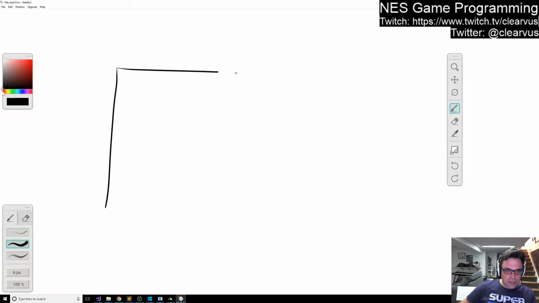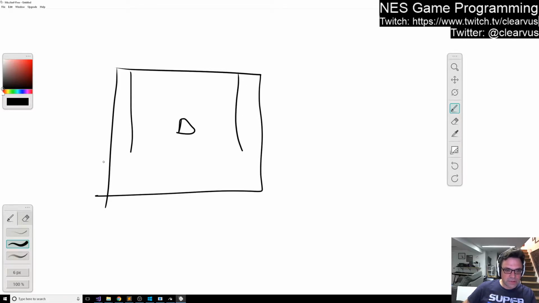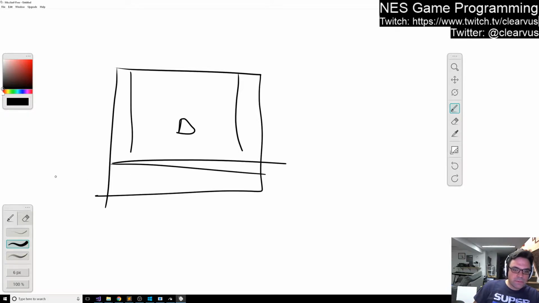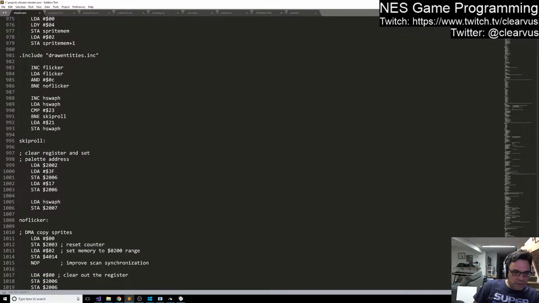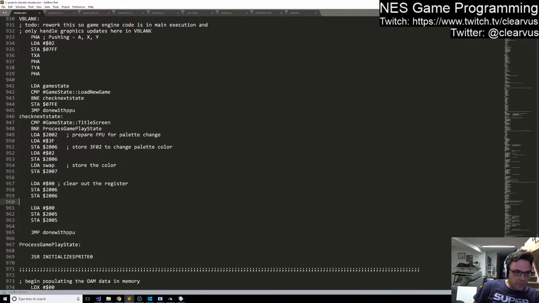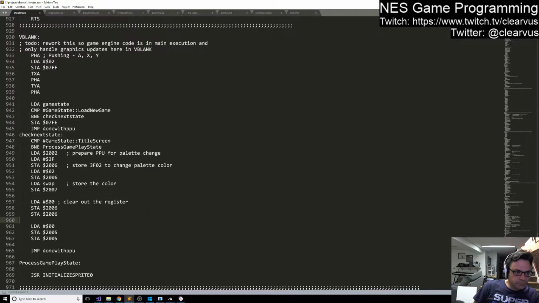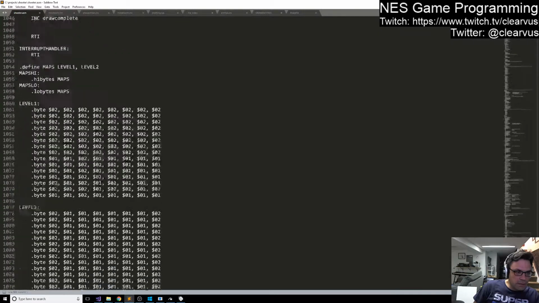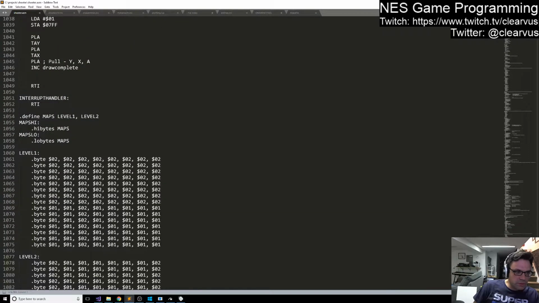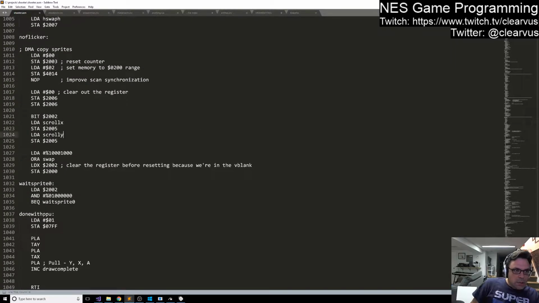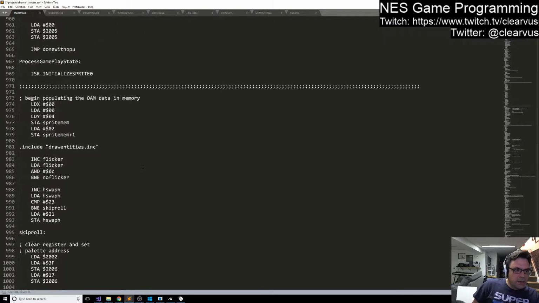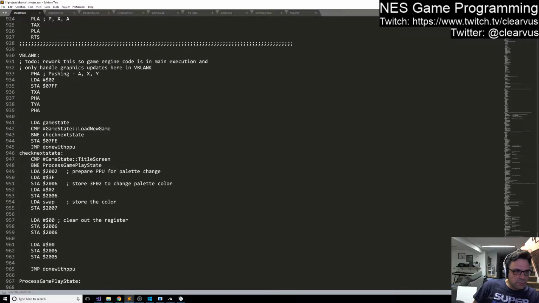So the idea was that if you have the screen here with the ship and the level like this, I wanted to have some sort of HUD here. So the first thing we need to do is try and figure out why that wasn't working. One of the things that I read in between this stream and the last one was that one of the things that we didn't do last time